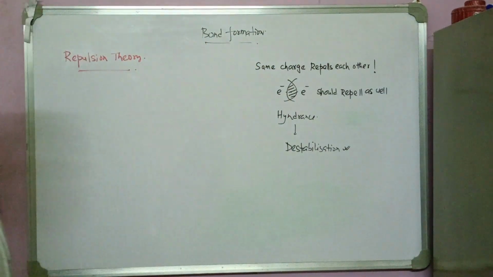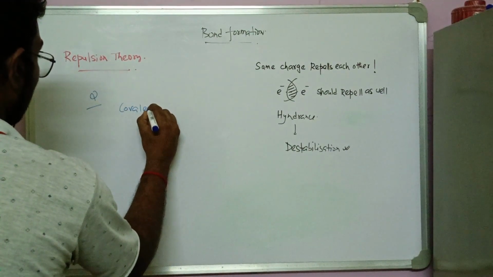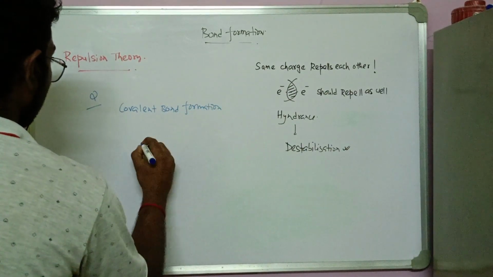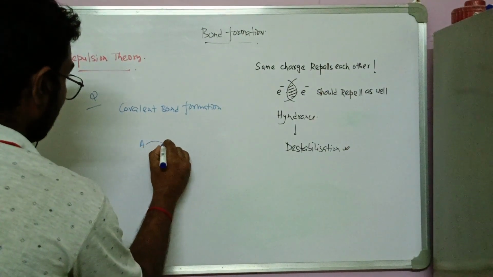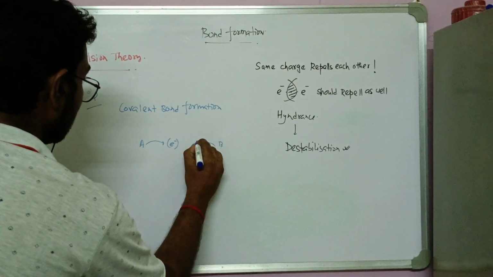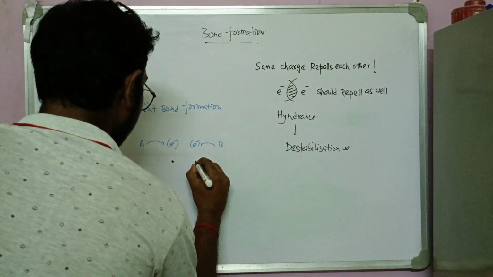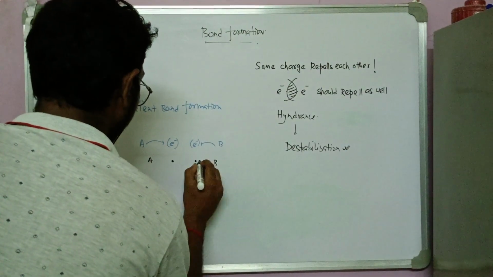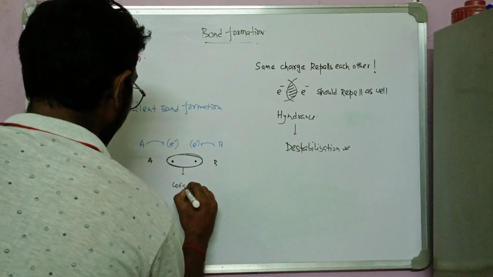Then you will question this: if we talk about the covalent bond formation in a layman fashion, we often say, let's suppose A and B are two atoms. A is giving one electron and B is giving another electron, and we also state it like a dot. This is the Lewis dot structure. This is coming from A, this is coming from B, these are the valence electrons, and they will form a covalent bond,